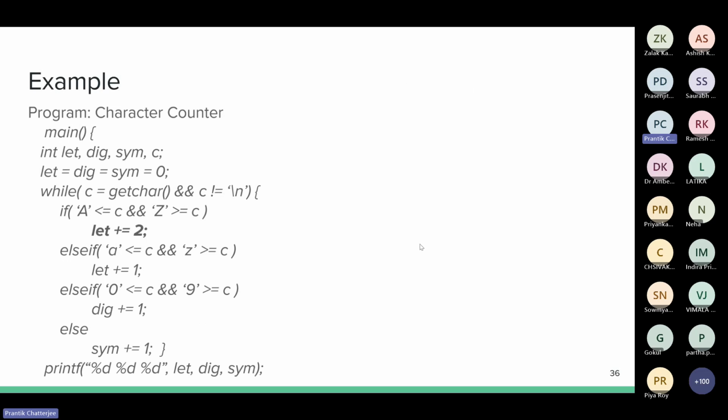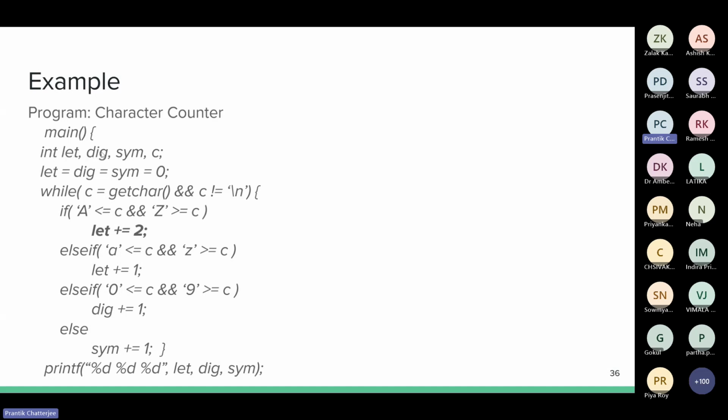Let me give you a very simple example of how spectrum-based fault localization works. We have a very simple program. What you do in this program is get some character inputs from the terminal, and then you have three counters: letters, digits, and symbols. When you encounter a letter, you increment the letter counter by 1.